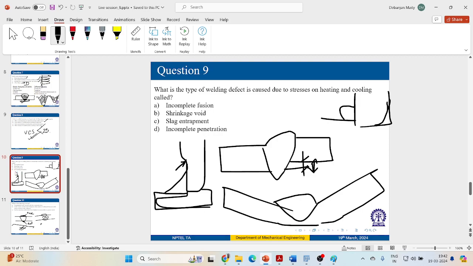In my ninth question, I asked what is the type of welding defect that is caused due to stresses on heating and cooling? Is it incomplete fusion? No. Shrinkage void is the one which is due to the heating and cooling aspects, right? So the shrinkage stress or contraction stress is